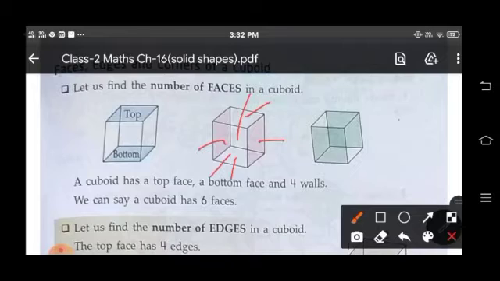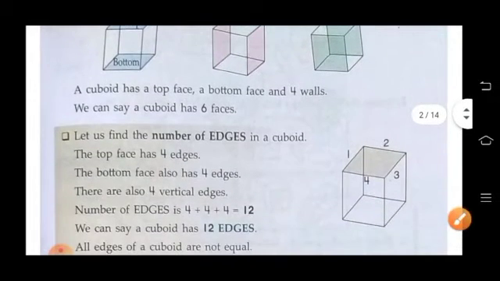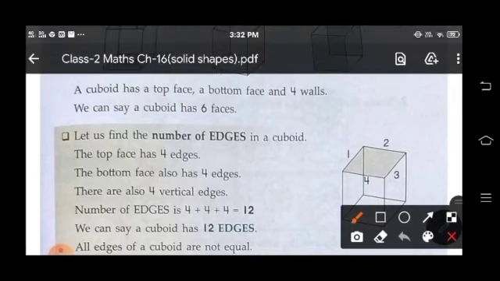Okay. So let us find the number of edges in a cuboid. See here, the top face has 4 edges. 1, 2, 3, 4. And the bottom face also has 4 edges.